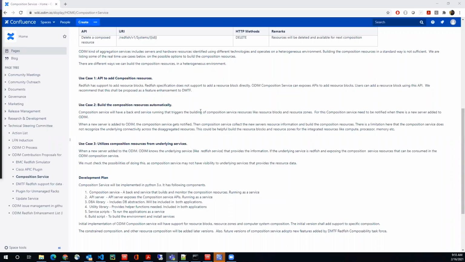But can we drive this back to what we're asking DMTF? Because ultimately that's what we need from this exercise. The first thing we need is the create API for a resource block. Yes, today we have an add resource block on the computer system. I don't know that that is helpful. Yeah, that doesn't seem like it.